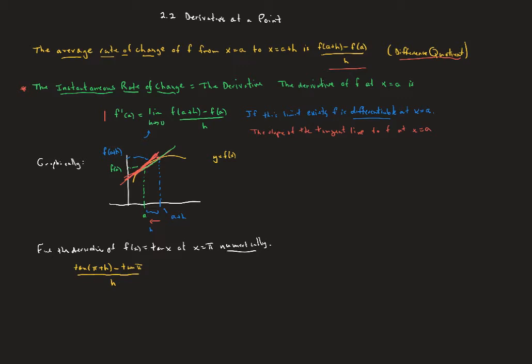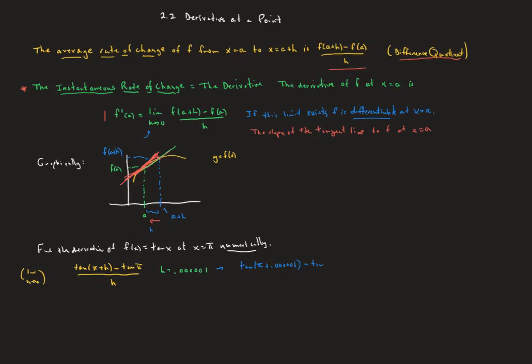Now we can't, on a calculator or numerically, take that limit as h goes to 0. So instead, what we're going to do is choose a very small h. Let's choose h to be decimal point, 5 zeros, and a 1, that's 0.000001. So that's a very, very small h. That's going to lead us to take on our calculator tangent of pi plus 0.000001